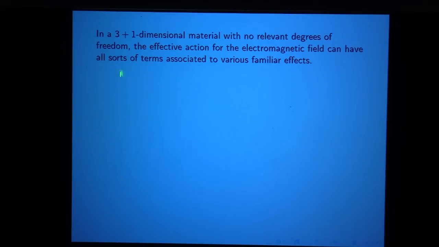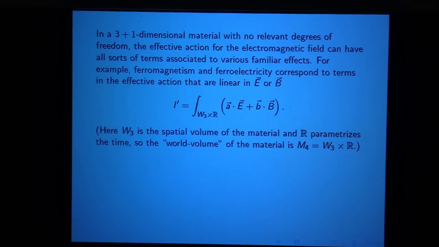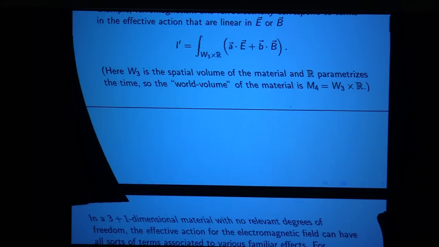Now, let's start in 3 plus 1 dimensions. In a fully 3 plus 1 dimensional material with no relevant degrees of freedom, the effective action for the electromagnetic field can have all sorts of terms associated to various familiar effects. For example, ferromagnetism and ferroelectricity correspond to terms in the effective action that are linear in E or B. I'm not certain whether or not that's something everyone knows, so I'll just mention the following. If you solve Maxwell's equations with...